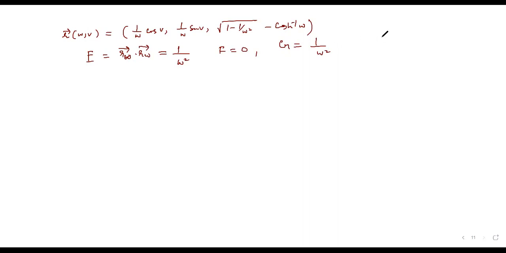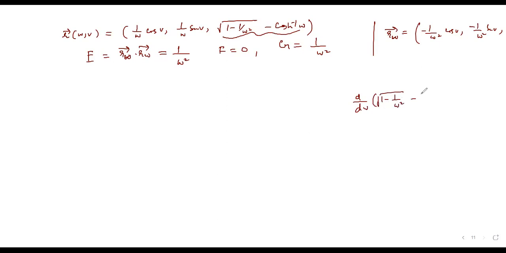वो तुम आराम से चेक कर सकते हो, वो कैसे, just evaluate, जैसे RW किसके बराबर होगा, partially differentiate with respect to W, right? तो वो थोड़ा लंबा चौड़ा होगा, but doesn't matter, हम कर सकते हैं, it is minus 1 by W square cos V minus 1 by W square sin V। हाँ, यहाँ पे हमें देखना होगा, इसको डिफरेंशिएट करने में थोड़ी सी डिफिकल्टी है, but we can do it, let's do it। इसको अगर करेंगे तो just basically we have to differentiate with respect to W 1 minus 1 by W square minus cos hyperbolic inverse of W।